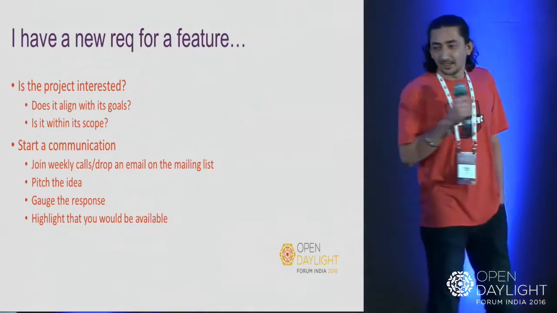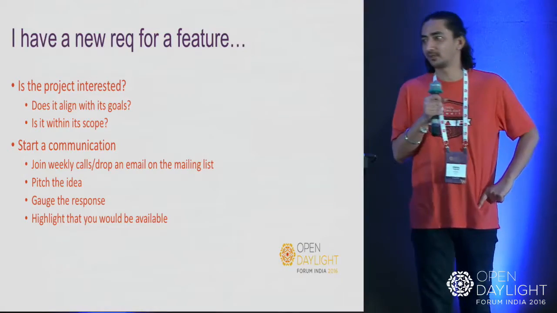Okay? And another thing, check what the other projects are. Does it overlap with something existing? Start communication. Go to the project meeting to see, like most projects in OpenDaylight, we have our Trello board. Some communities use Launchpad, and all this is just to track what different features are coming in a project. Does it fit anywhere? Does it conflict with anything? Something else already covers it? Learn, talk to people, get that information.